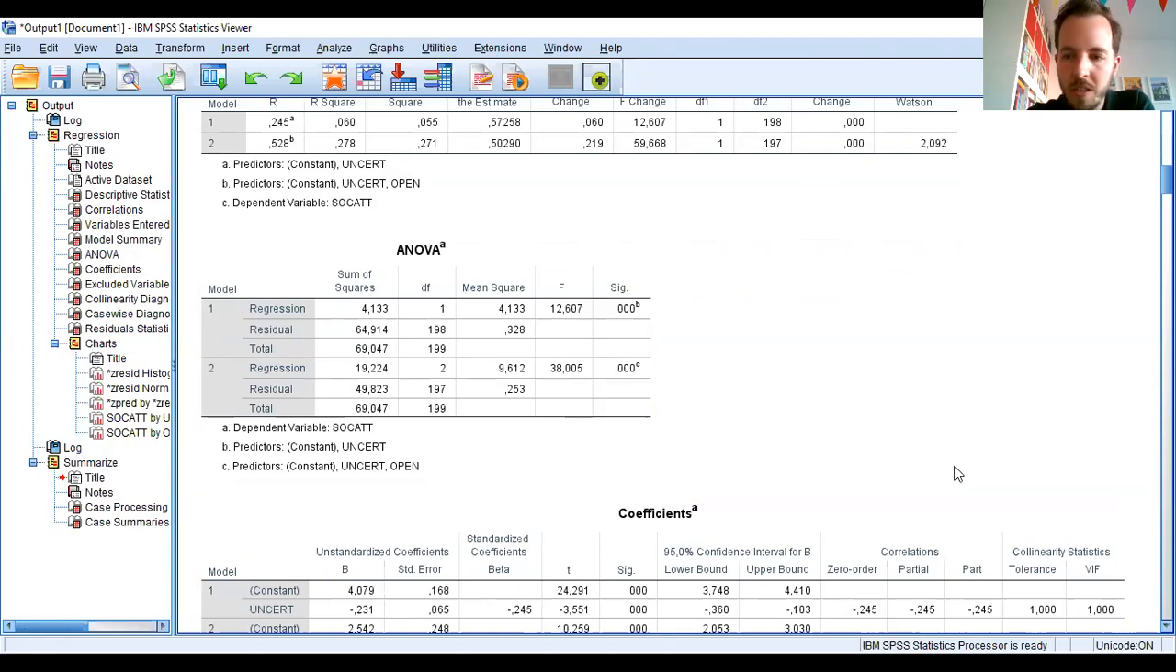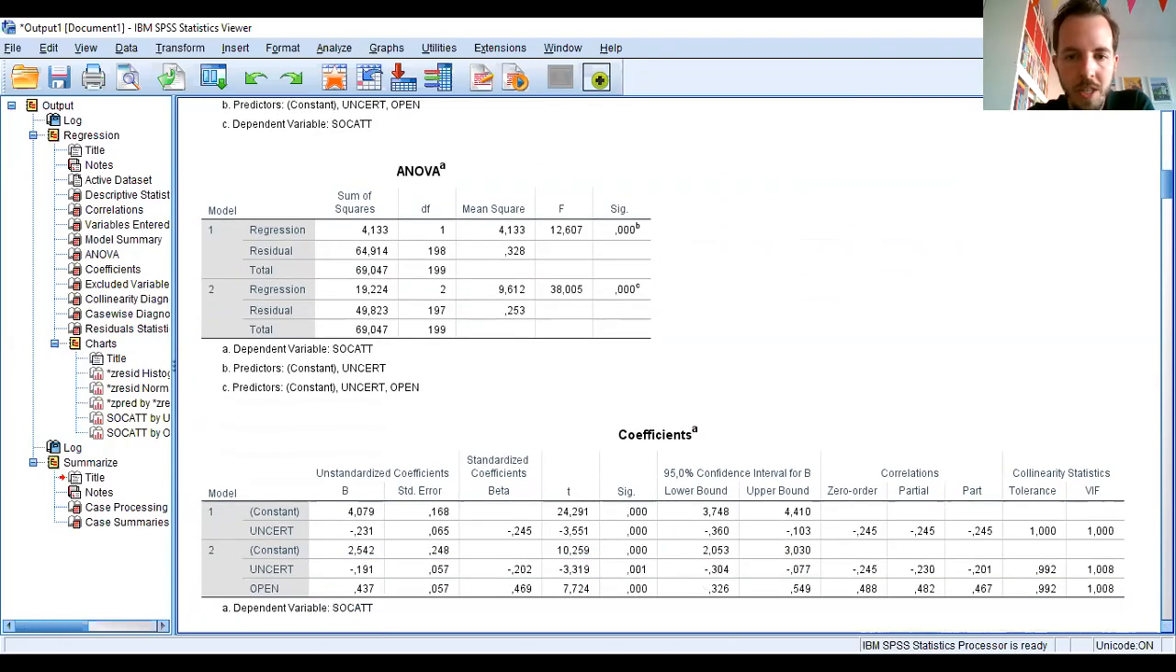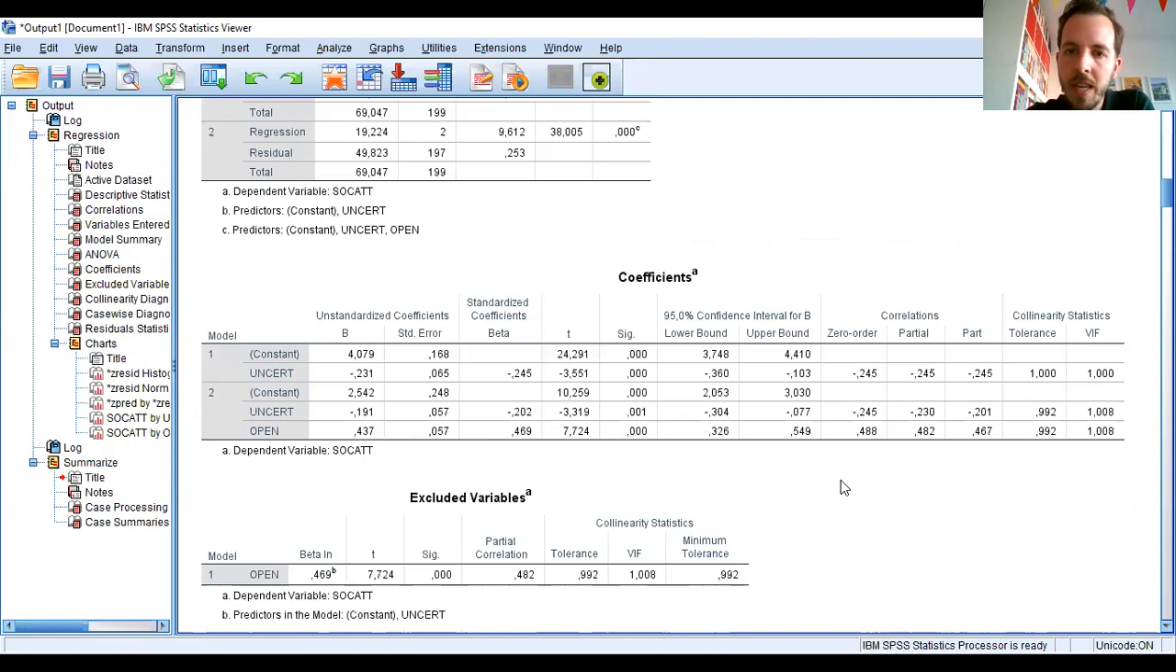This is an ANOVA box that you can just ignore. I always ignore it in multiple regression. Then one nice thing we get is this coefficients table. And that's also quite interesting for two reasons. The first reason is we've seen that our second model is actually significantly better than our first model, right? But in principle, this does not necessarily have to mean that all the predictors in the second model are actually significantly contributing to this. So overall, the second model has been significantly better than the first model, but it can